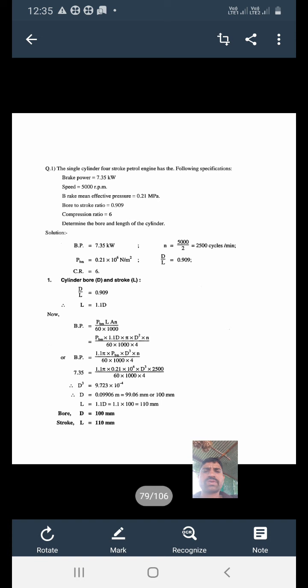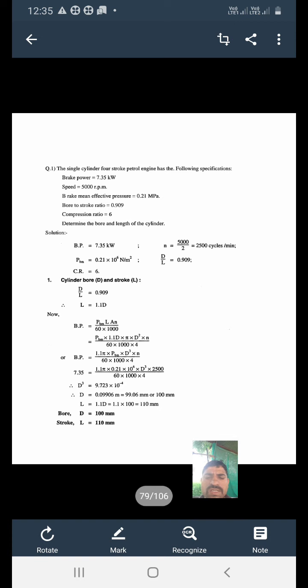If you are solving that equation and putting the value, then you will get D is equal to 99.06 mm, or we can say 100 mm,